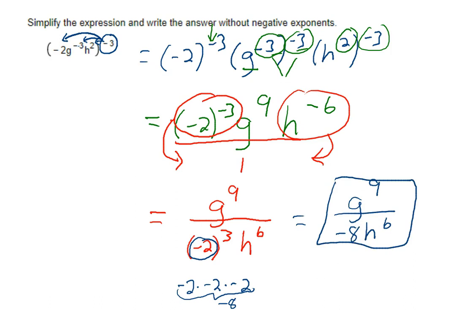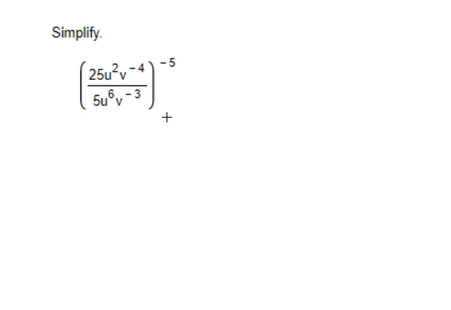All right, let's look at the next one. So what I would do with this one, again, there's different ways you can approach it, but I think what's easiest is to simplify the variables first, right? Instead of distributing this power of -5 to 6 different things here, it'll be easier if we just go ahead and reduce this fraction, combine the u's together, combine the v's together, then we'll have less things that the -5 has to apply to. In fact, once we do the simplification here, it'll look just like the last problem that